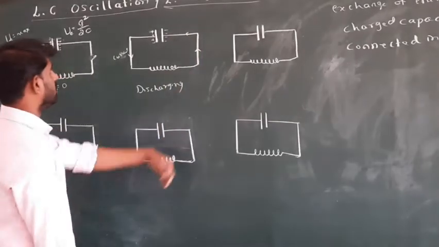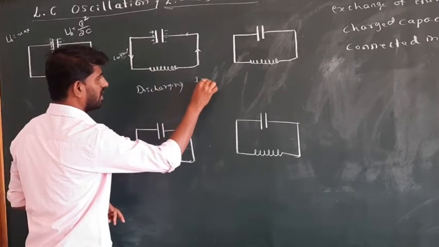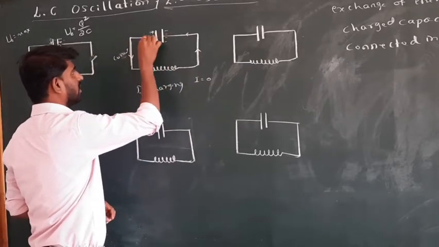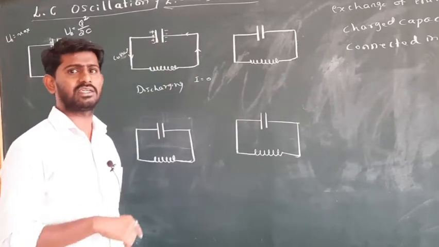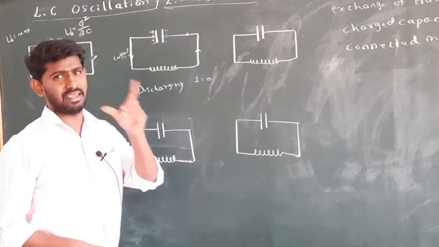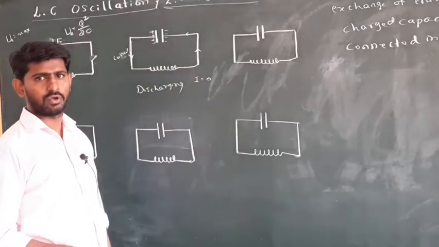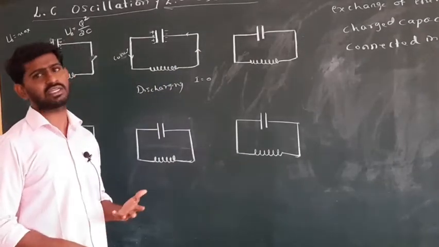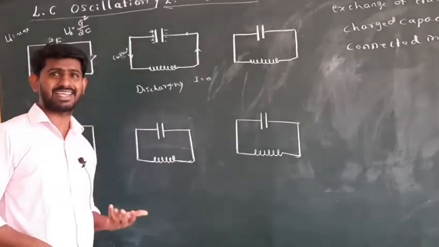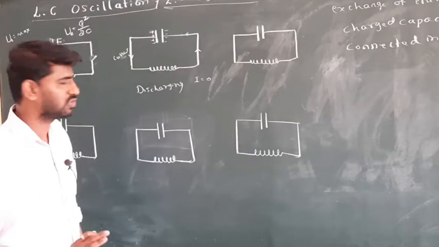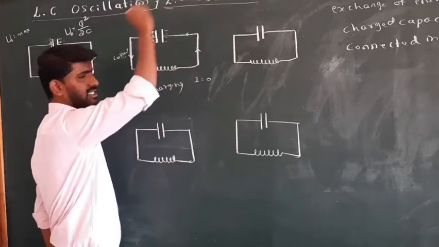Up to where does the current go? The initial current was 0, and when you close the circuit, there will be growth of current in the inductor for a particular time. That time interval is a very short time. It may be in milliseconds, or less than 1 second. So once the connection is given, you can't say the entire current flowed at once.